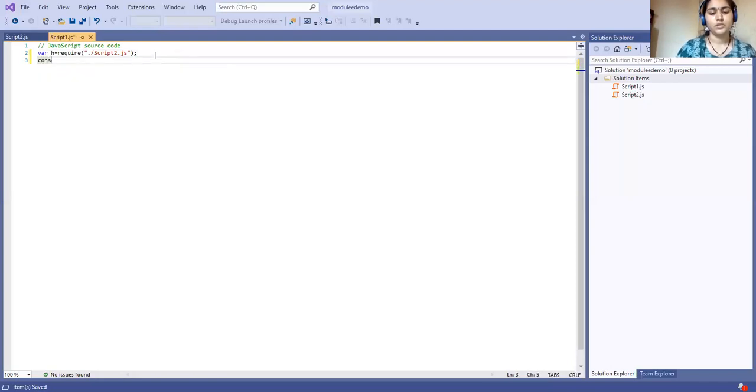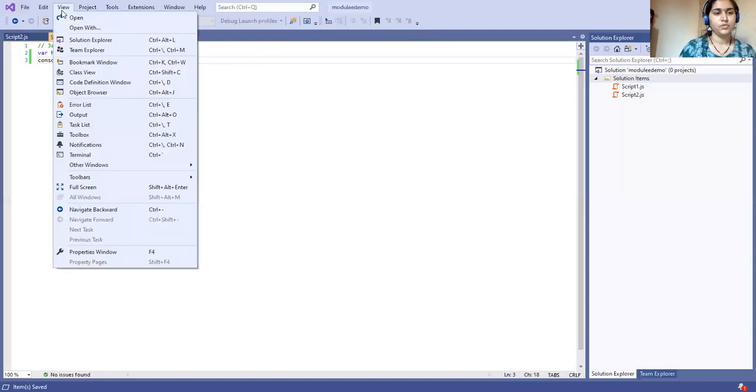Okay, I have to display the value of this h variable. For this I'm going to use console.log, and h is the reference given to that file. I declared over here the d variable, which is of date type. So I'm just going to write h dot d. Let us see what happens. I'll save both the modules and run it from the terminal view.